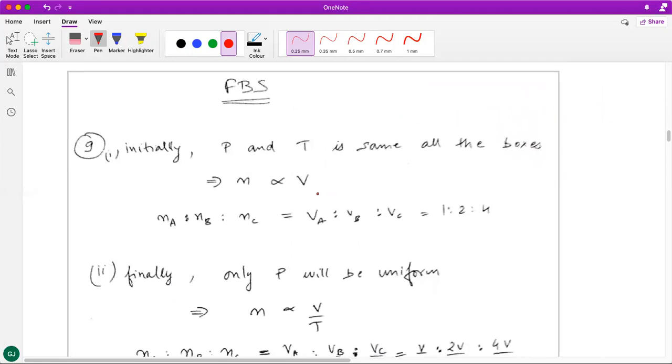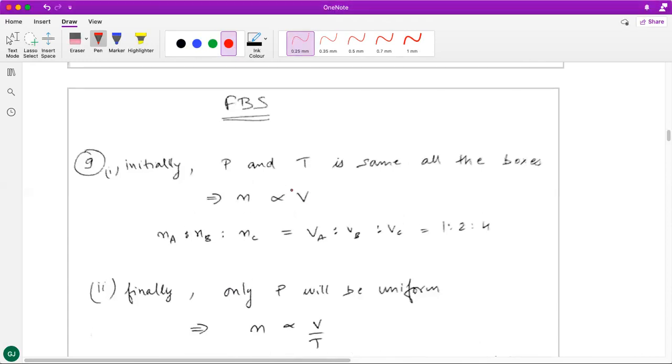Now let's move on to the FBS questions. Again, the 9th question in the FBS section is pretty simple. It is based on this simple calculation of the total pressure and applying the ideal gas equation on the okay, no, sorry, my bad. The 9th question actually is not the one that I was talking about. The 9th question is the one which is based on the concept of diffusion. Okay, and yeah, it's a good question. It's not an easy question.